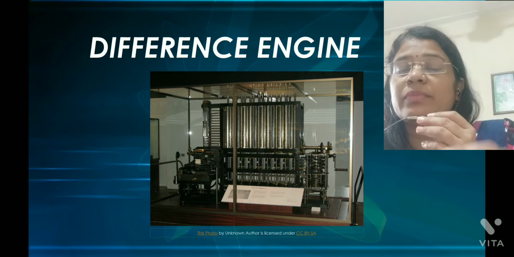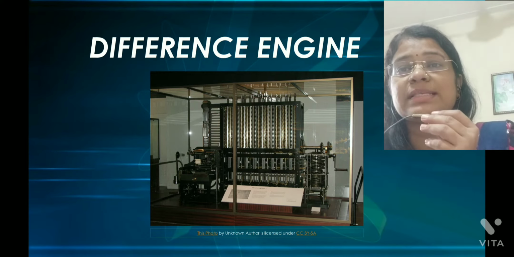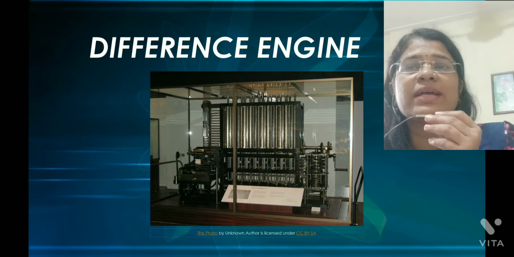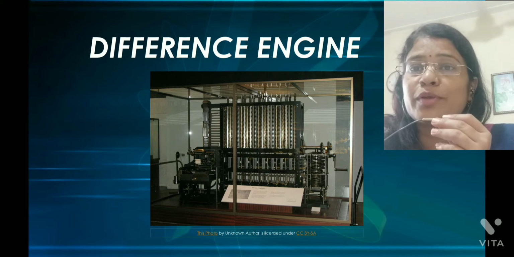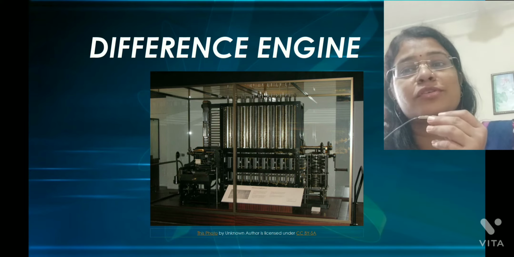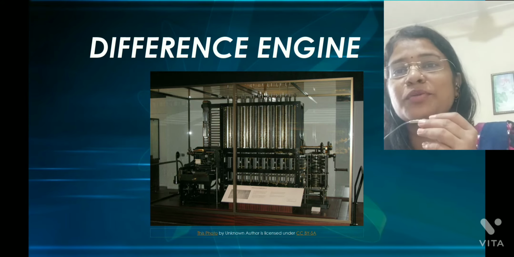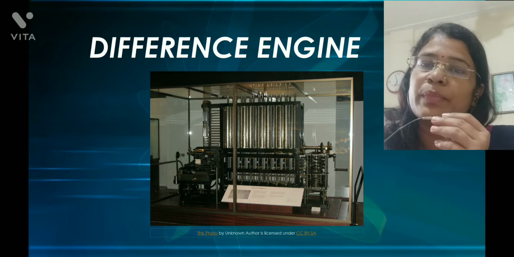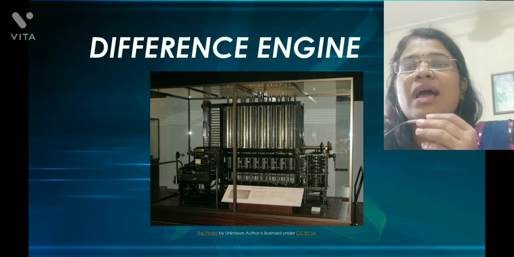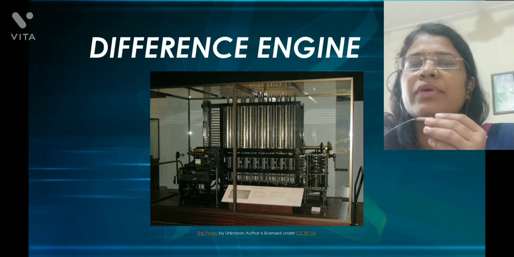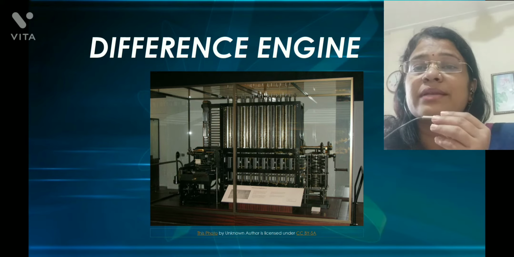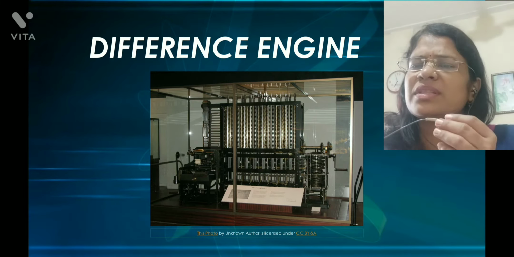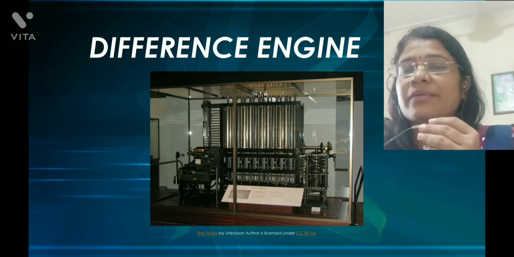With this feature you can imagine that this machine is quite similar to our computer, which also has input, output, store unit, control unit, processing unit, right? In the same manner, input, output, store, mill, control, these were the 5 main units of this difference engine, and all these units work like various parts of a modern computer, right? As nowadays, what is the working cycle of modern computers? In the same manner the difference engine was working.